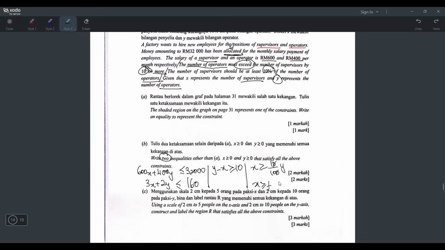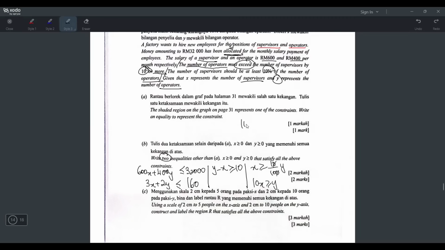If you want to get rid of the fraction, you can also. The 10 moves over and becomes times 10. So it becomes 10x bigger or equals y. You can write it like that, or you can write it as 1 over 10 y. But usually I prefer the one without fraction. I know some students will say,